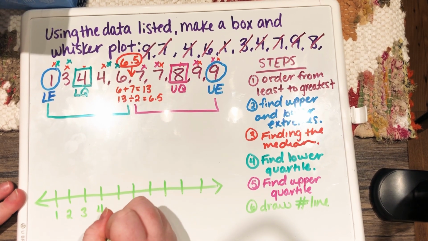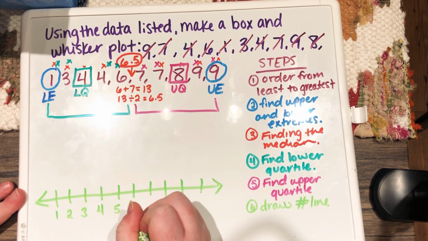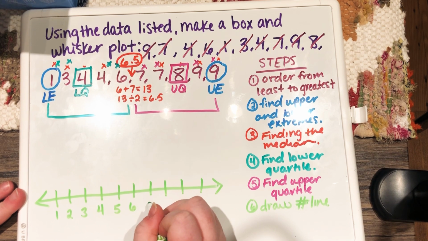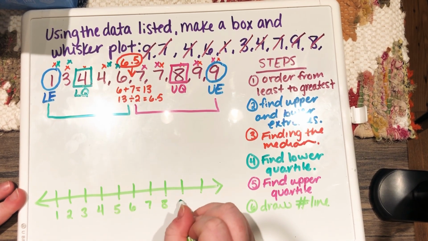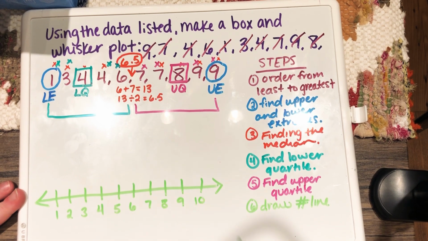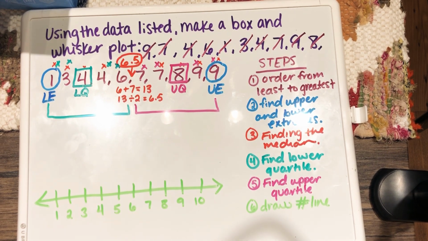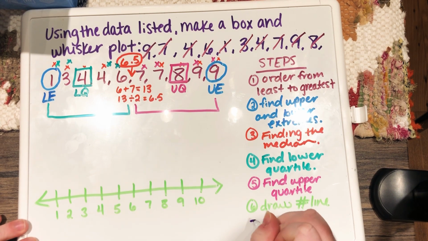And make sure you label that because remember, as I mentioned in yesterday's video, the number line is not our data. It's just showing us the data. It's displaying the data for us, okay? And then the last, and hopefully in your mind, the easiest thing to do is to actually make the box and whisker plot. So now step 7,